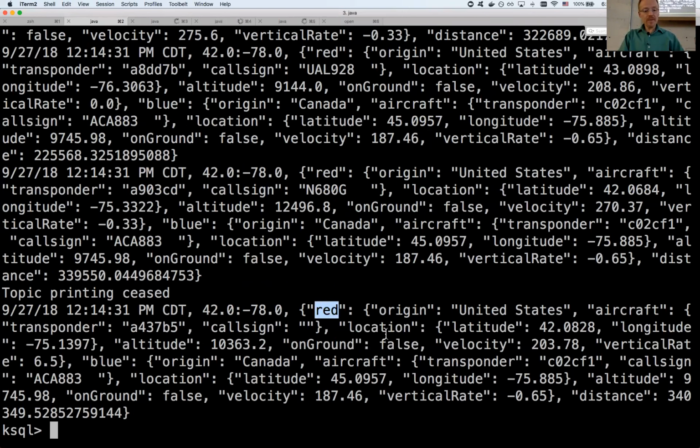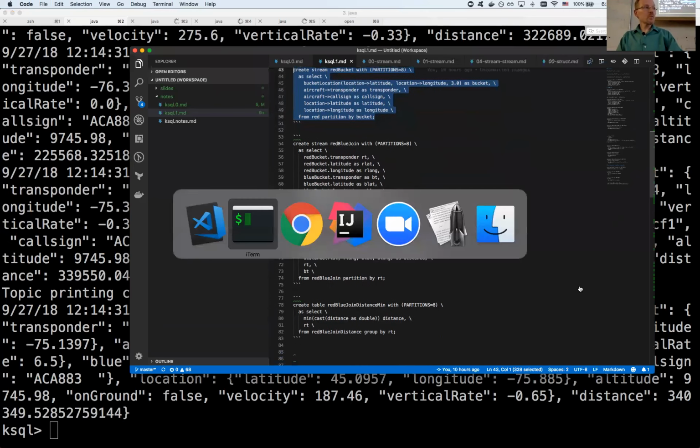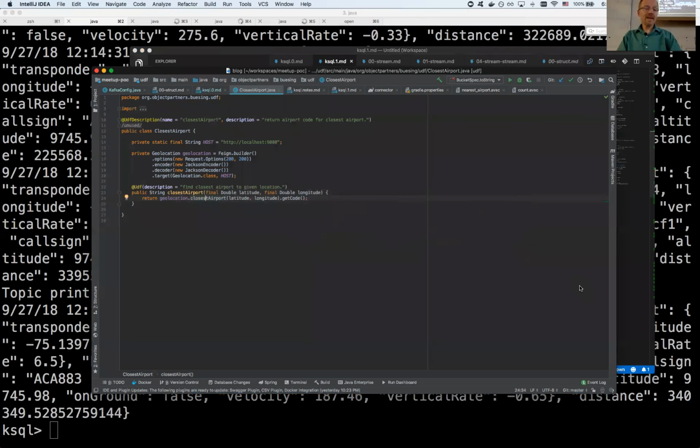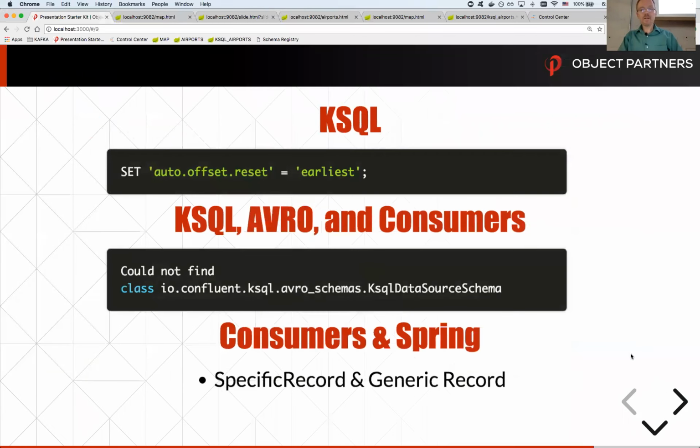I have the red plane, I have the blue plane, and the distance of that. When I do it in KSQL, once I join and aggregate that, I lose the blue plane, because when I write that KSQL, I no longer have access to that. So to go more into that, and in respect for Cliff's time, feel free to reach out to me or look at the demo of that complete stream.